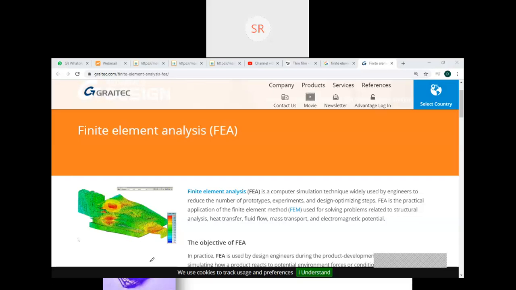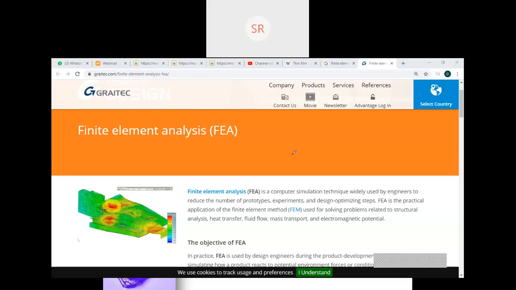And finally, if some fluid is flowing on this material, if this material is designed for the flow of fluid, it may be a rectangular shape or a circular shape, I can calculate what is the mass flow of fluid, and at what rate the velocity of fluid is flowing. So all that I can calculate. So this is nothing but the finite element analysis.